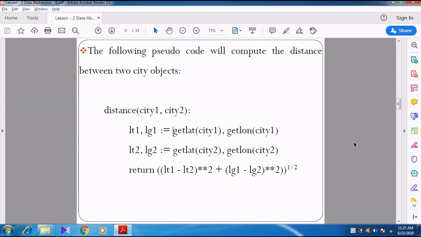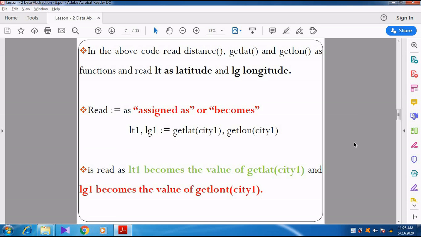Next, see here in the above code, read distance, get latitude and get longitude as functions. These are all called functions, and read LT as latitude and LG as longitude. Can you understand, students?